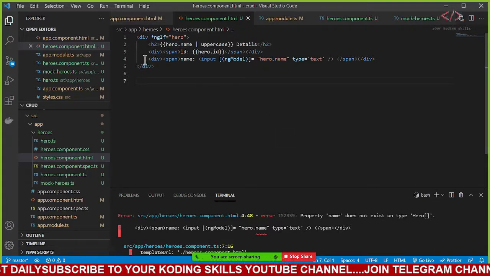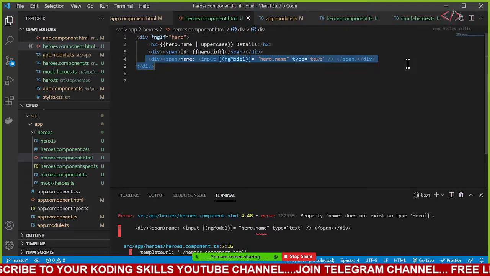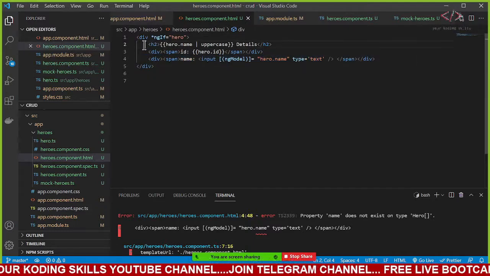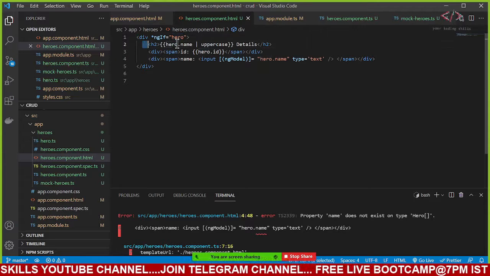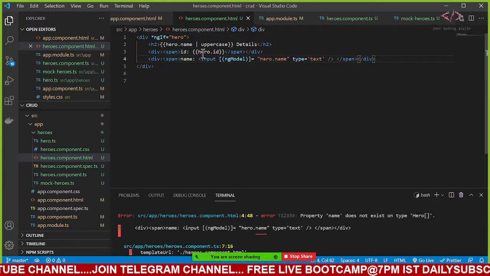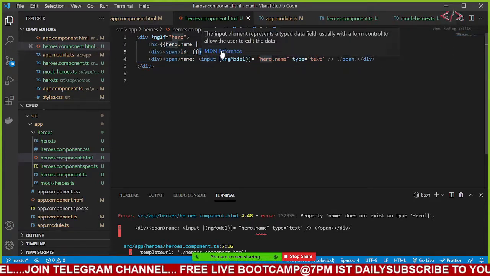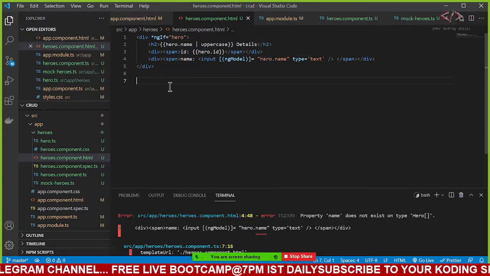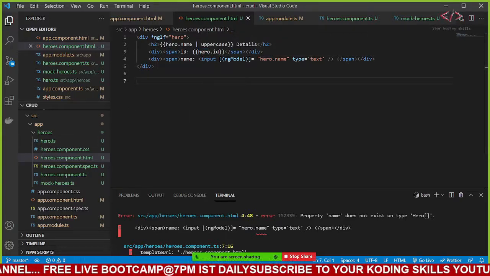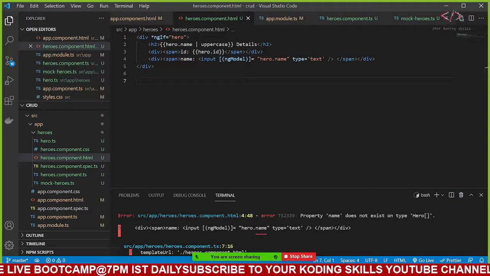So let me keep this commented. So nothing will work here. Okay, there is data, so it will work, but this part will not work because you're taking hero dot id. So what I will do is I want a list of data, right? So go back.